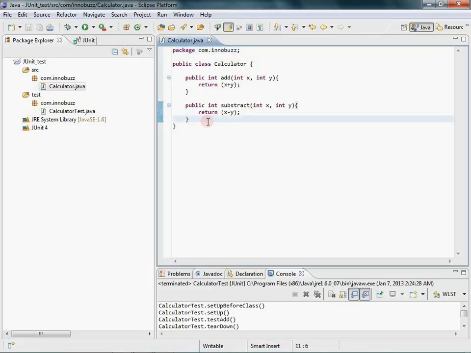Now this is the Java class. Running the test through code means you can run the JUnit class within this Java code. How do you do that? I'll show you. For that, just write a main method